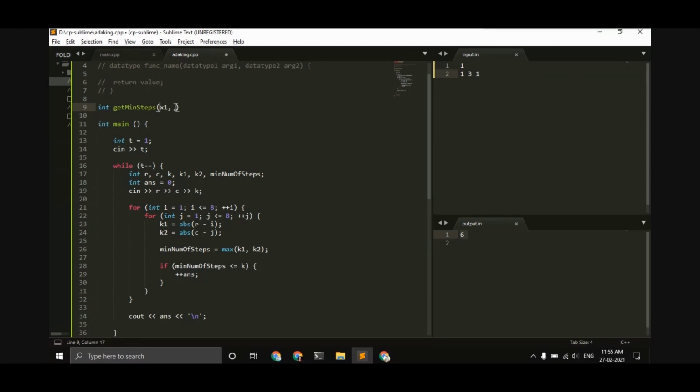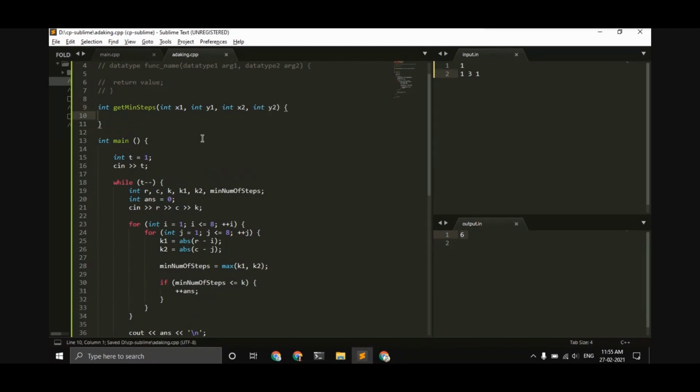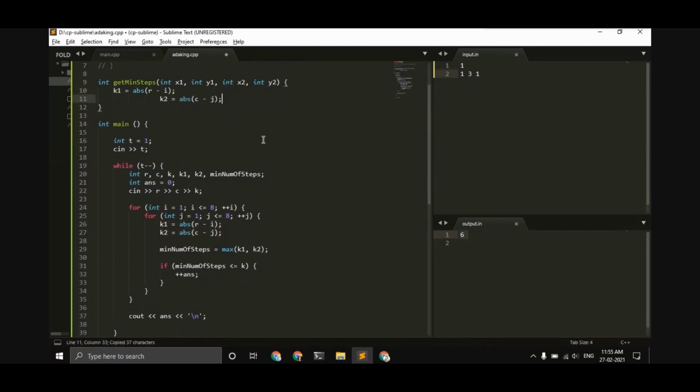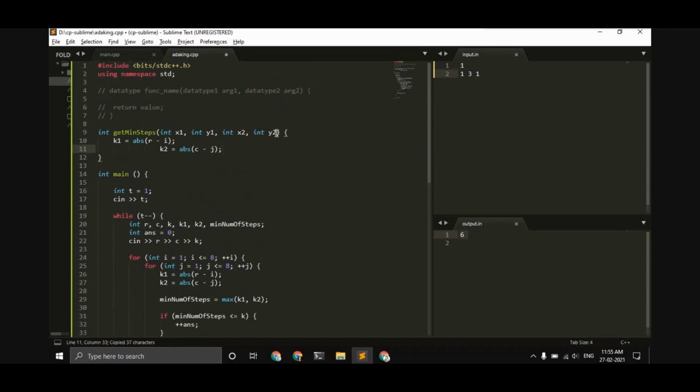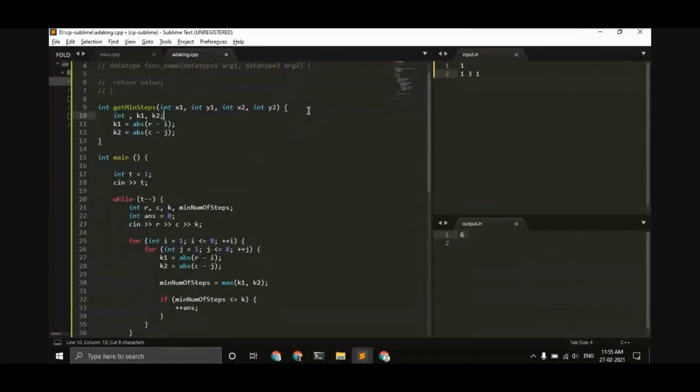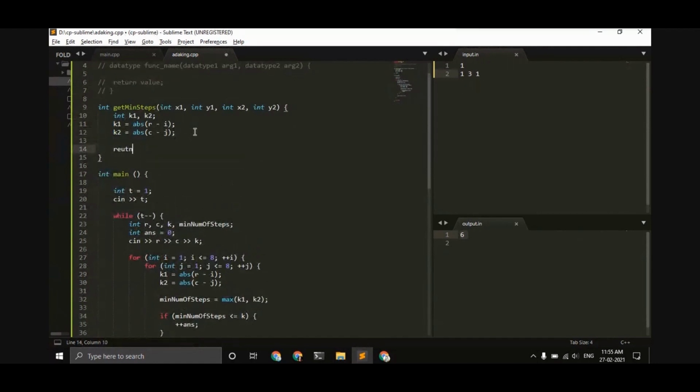Our 2 points can be integer x1, integer y1, integer x2, and integer y2. Inside this, we have to basically calculate k1 and k2, so we'll initialize k1, k2 there, and then we return the max value from here.